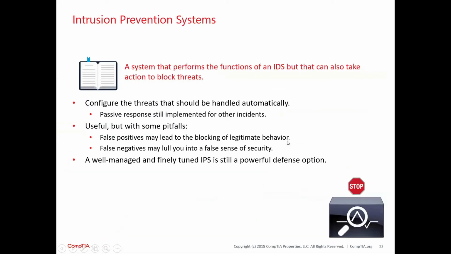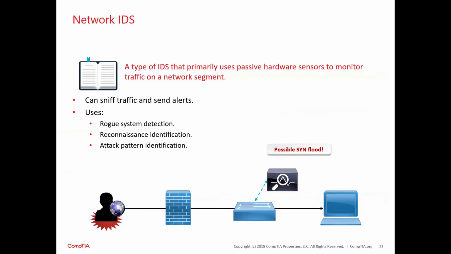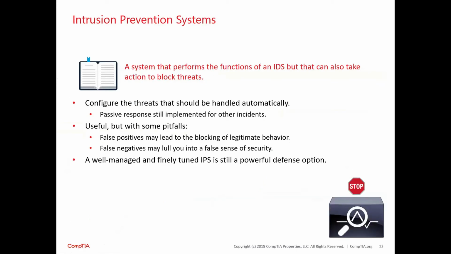So you may have an intrusion detection system placed in your network to monitor any traffic on your network segment. And also the intrusion prevention system, also known as the IPS, a system that performs the function of the IDS but can also take action to block threats. So the difference